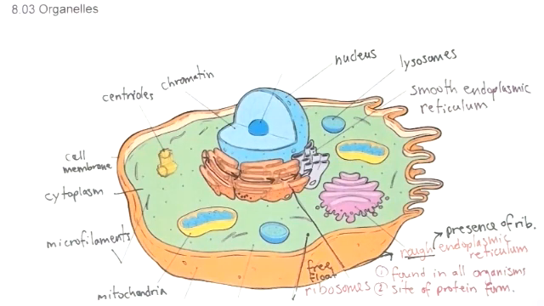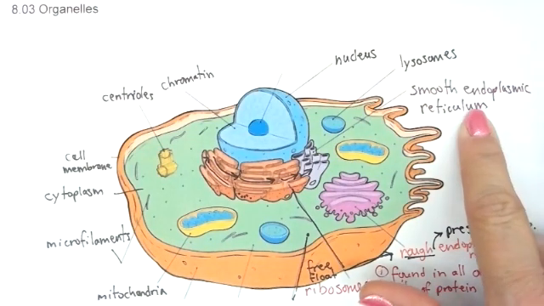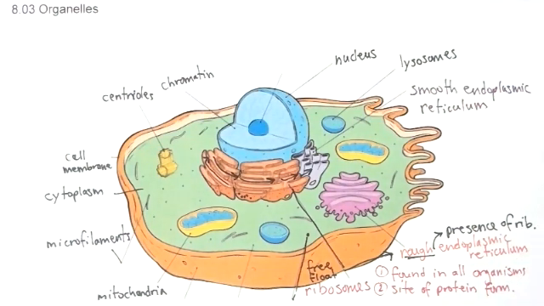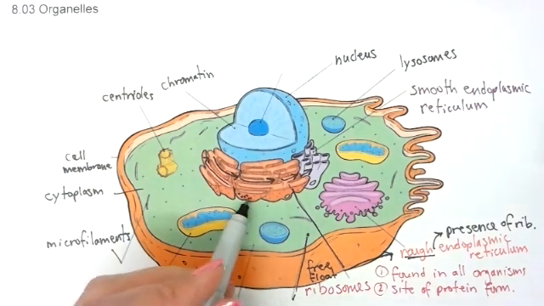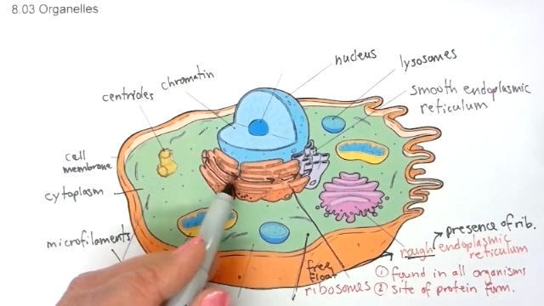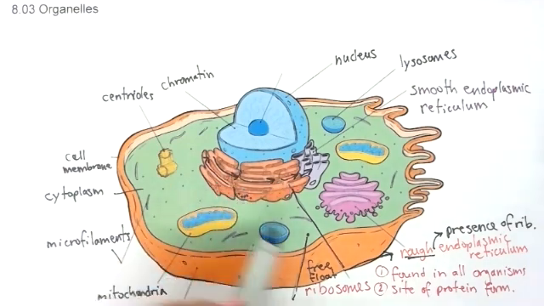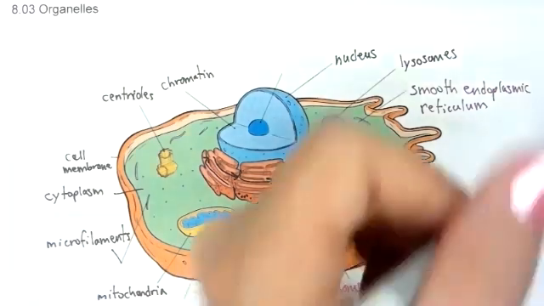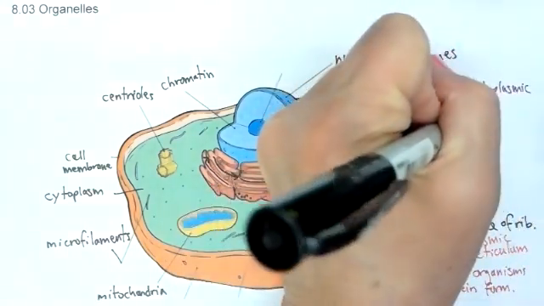So we haven't really talked about what the rough endoplasmic reticulum and the smooth endoplasmic reticulum actually do. So what we're going to see here is that protein formation is going to take place in the ribosomes, and then the proteins are going to move into this network. They're going to move back and forth. And in both the rough endoplasmic reticulum and in the smooth endoplasmic reticulum,